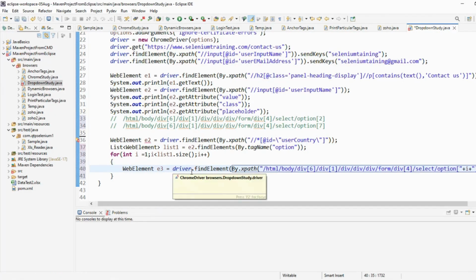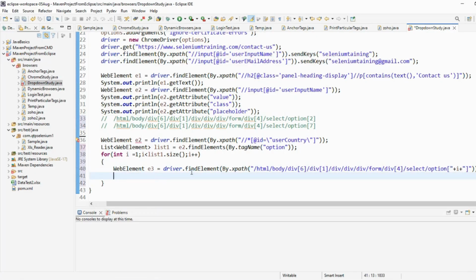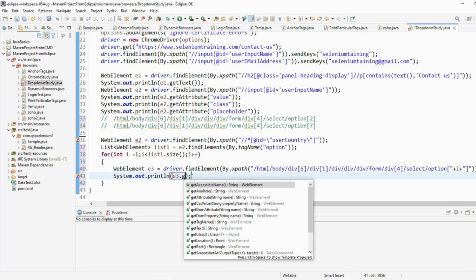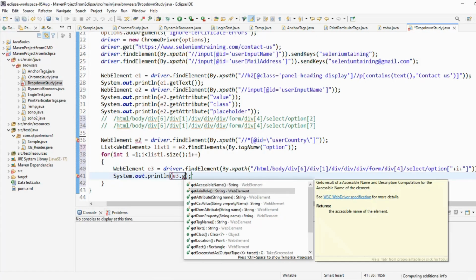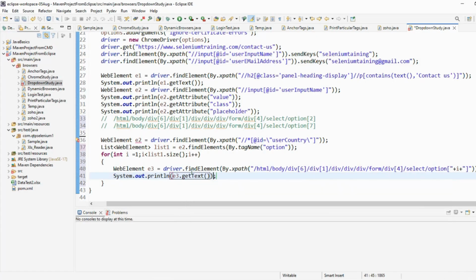And I say SYSO E3 dot getText. I don't have to give anything to i, because E3 is always changing here when it starts looping. Now if I run this,